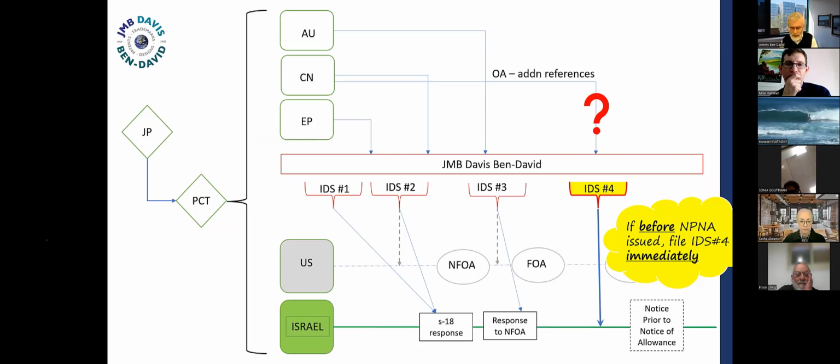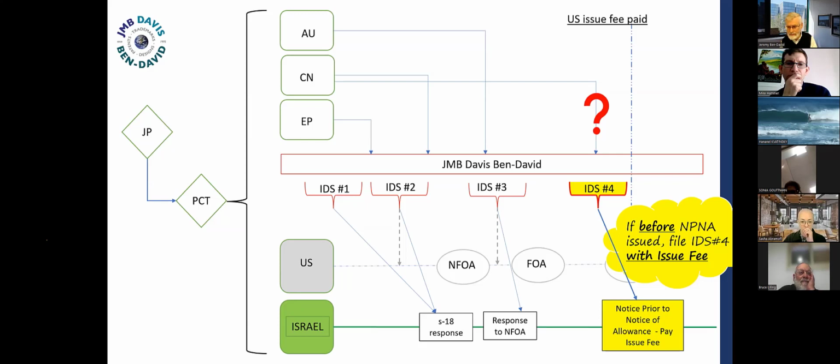So we can file whatever we file, he will not look at it, but because we are not given the ability to make a judgment call here, Section 18 says very clearly what has to be filed and when it has to be filed. So then we must file, and in this case, we're talking about IDS number 4, for additional references in the Chinese case in this example. We have to get those on record, and it doesn't make any difference whether or not the examiner will look at them.